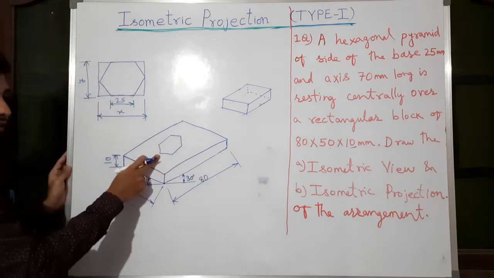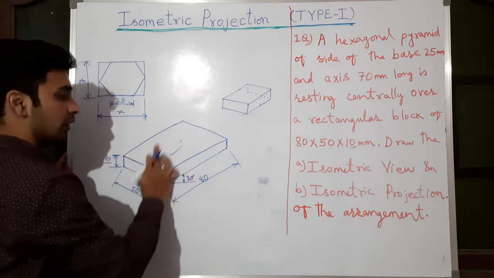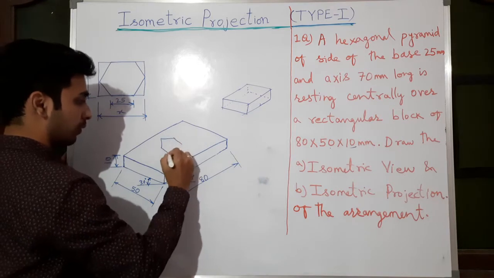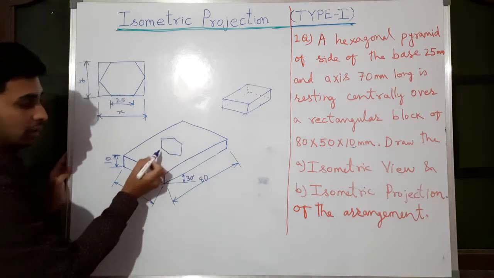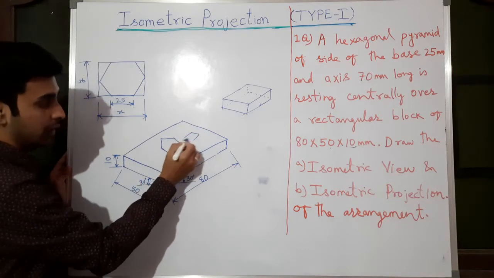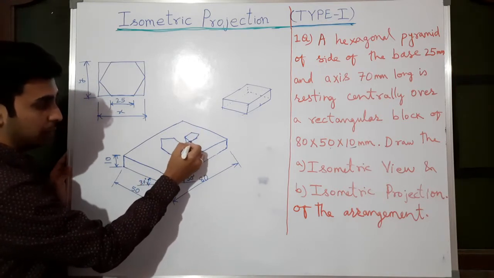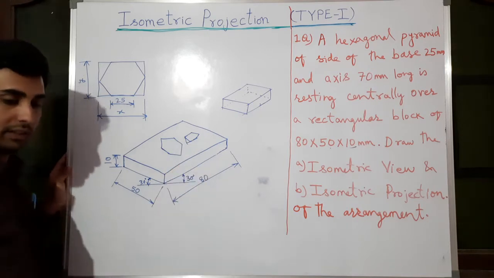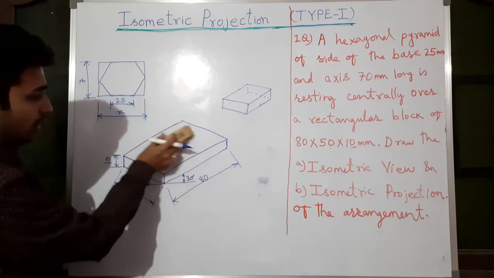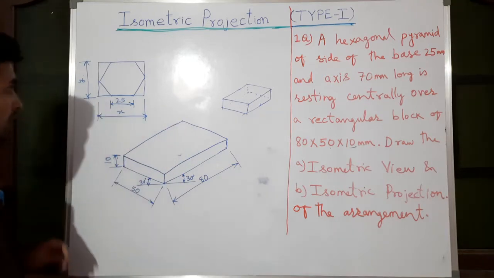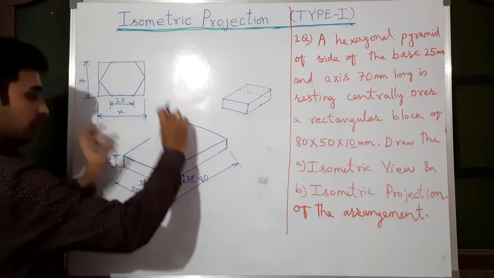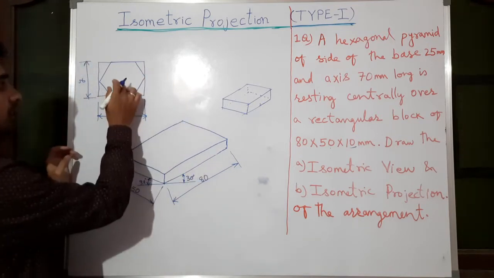And one more thing, assume this is the hexagon. You can draw it like this or you can draw it in this way also. They didn't mention whether this edge should be perpendicular to the observer or the edges should be in horizontal position, parallel to the observer. So the hexagon can be drawn in any orientation. I will prefer this one. First we will transfer the box here, then we will transfer the hexagon inside.